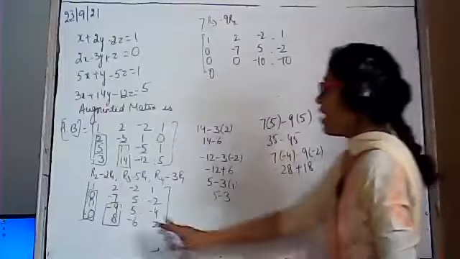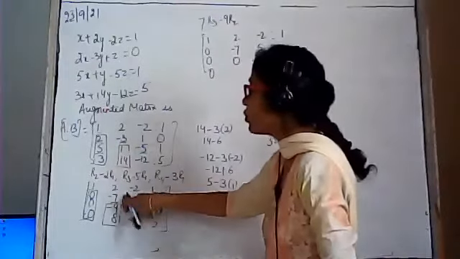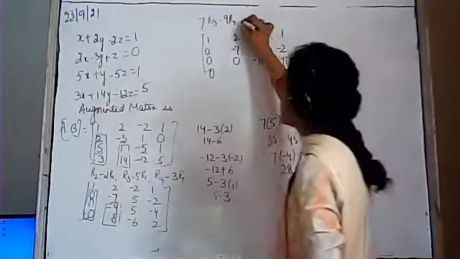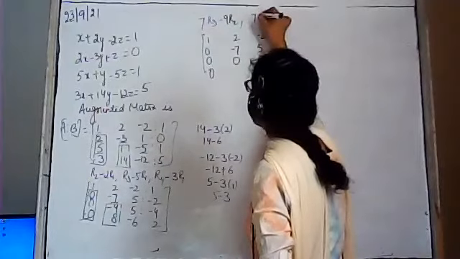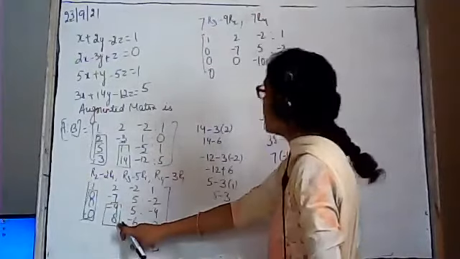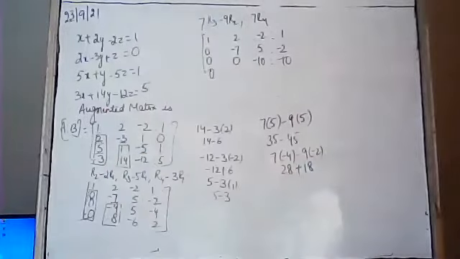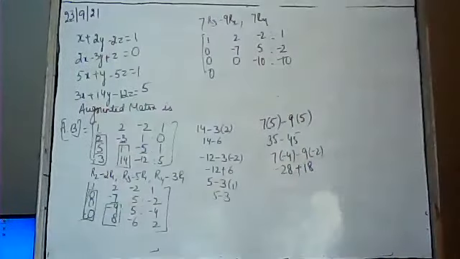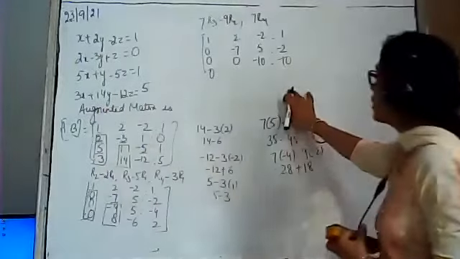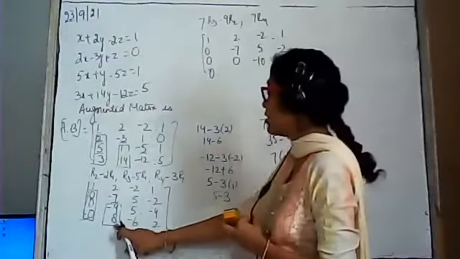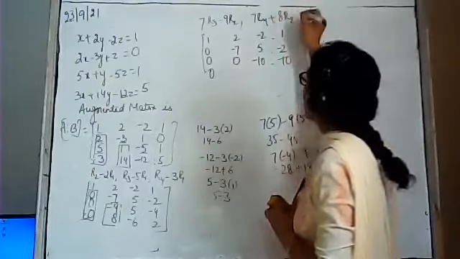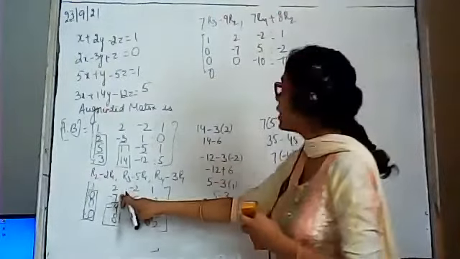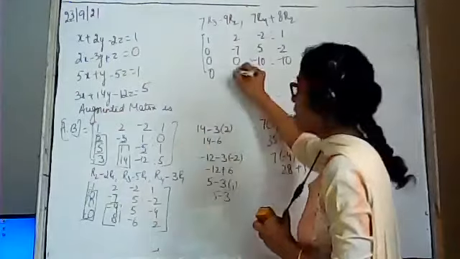Okay? After that, we are going to make this term 0 using R2 again. Means multiply R4 with 7. Sorry, 7 times R4. Multiply this term with 7. 7 times R4 plus 8 times R2. Okay, we are to operate with R2 only. Now it will be 0 again.